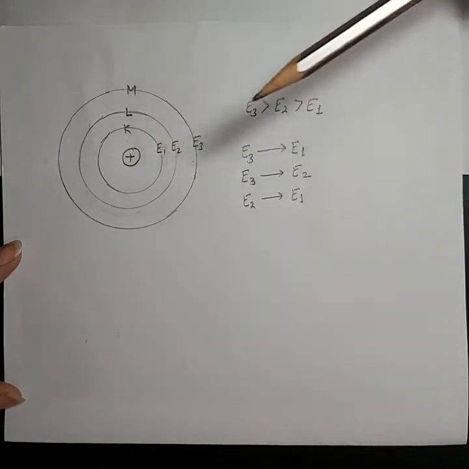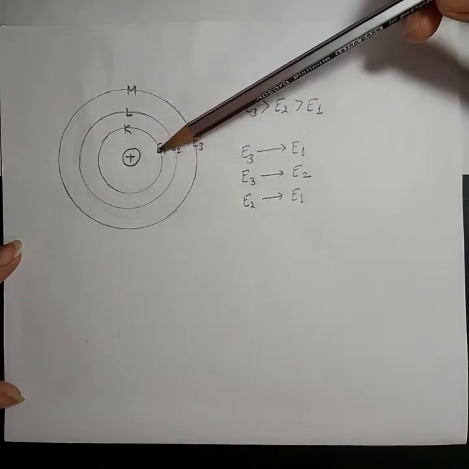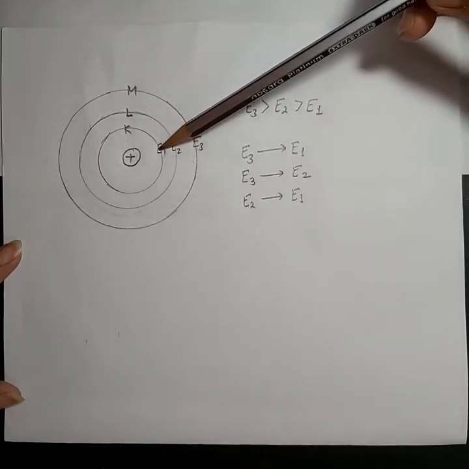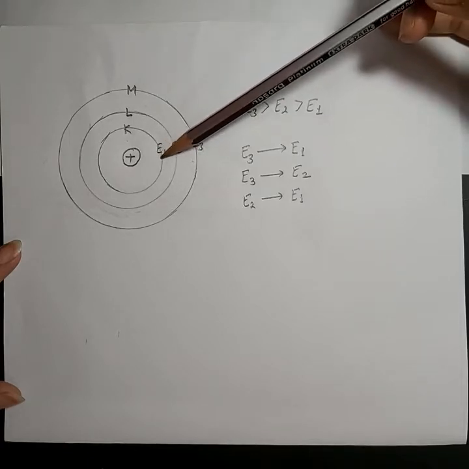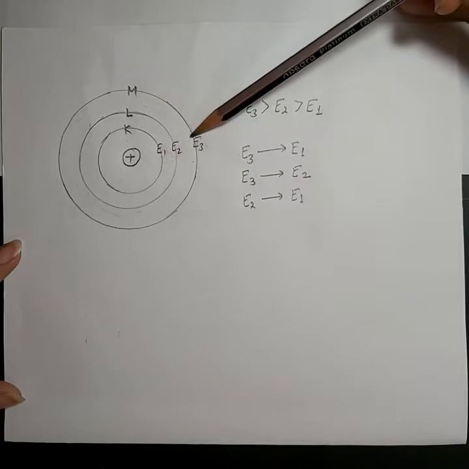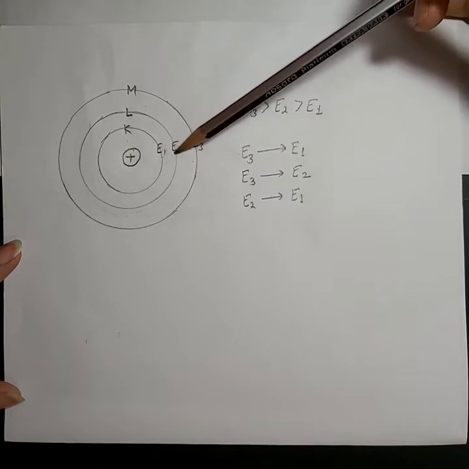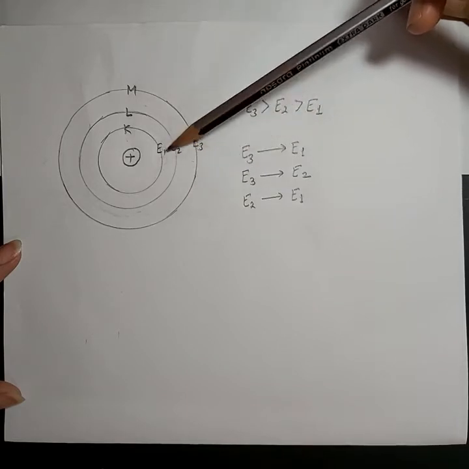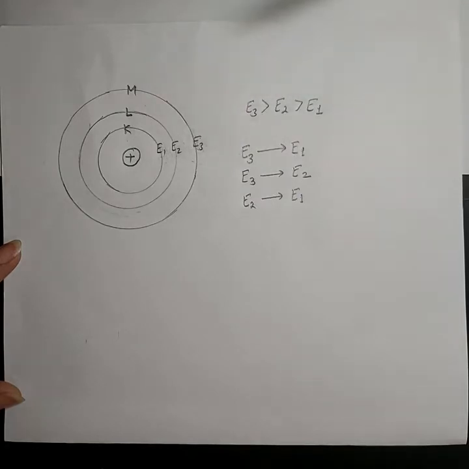Okay. So suppose an electron present in the E3 shell is going to a lower energy level. Suppose it is going to E1. So if an electron present in E3 is going to E1, in that case the electron will definitely lose some amount of energy, because this shell corresponds to lower energy than the third shell. So in that transfer, the energy released will form one spectral line, because that released radiation will have a definite amount of wavelength and will form a spectral line.